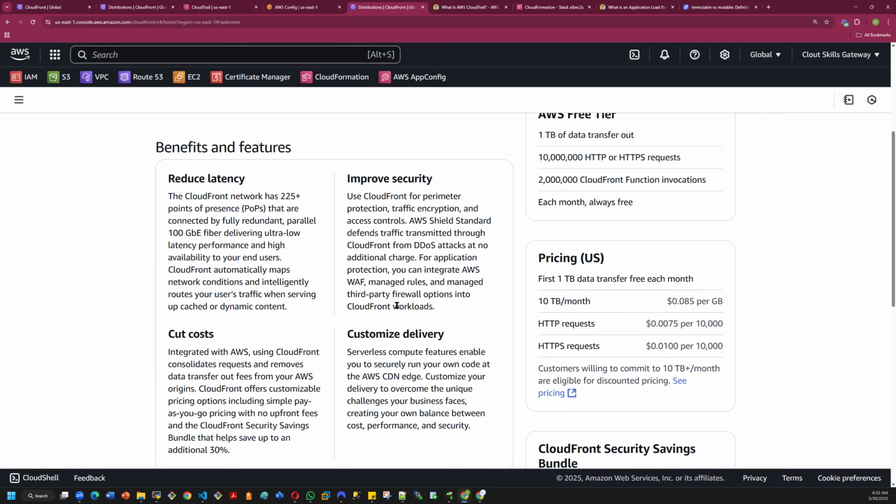It helps to bring that application closer, because if everybody, whenever they want to access Netflix, has to log into a server in the US, or maybe the server is in India, it takes a long time, even though it's through the internet, and a lot of things can happen. It can slow down your internet, because the more the distance, the worse the connection, if your bandwidth is not strong. And so CloudFront helps